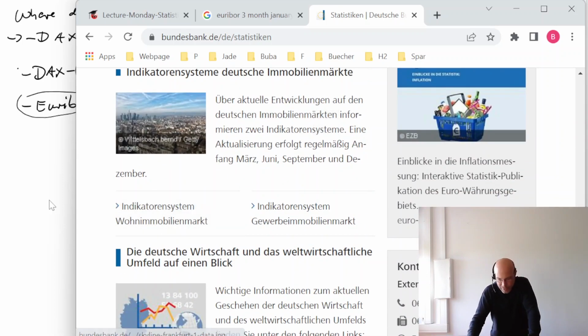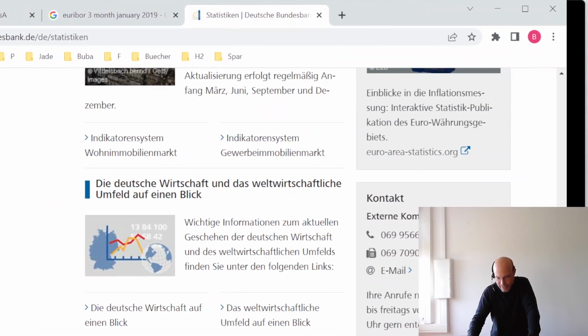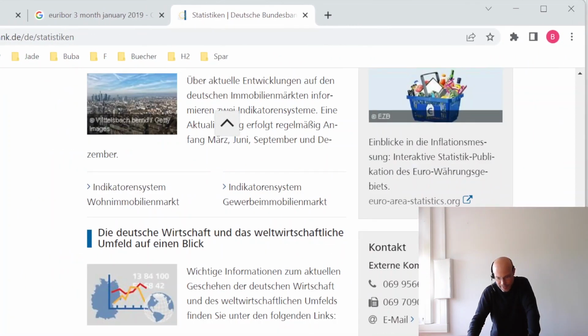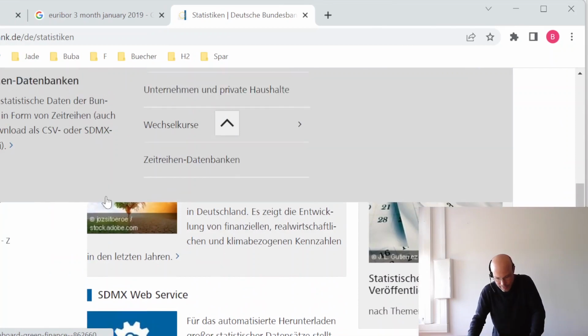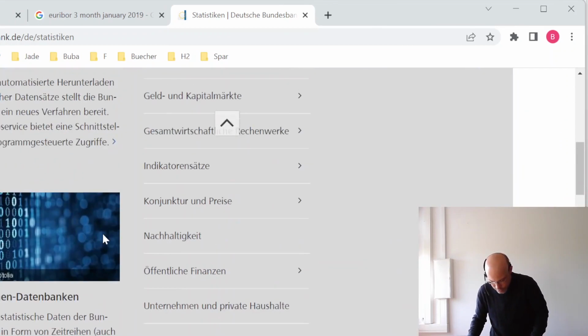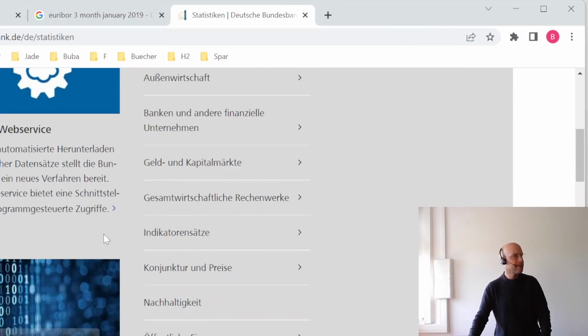But if you increase it a little bit, then you have a bit larger menu, and here